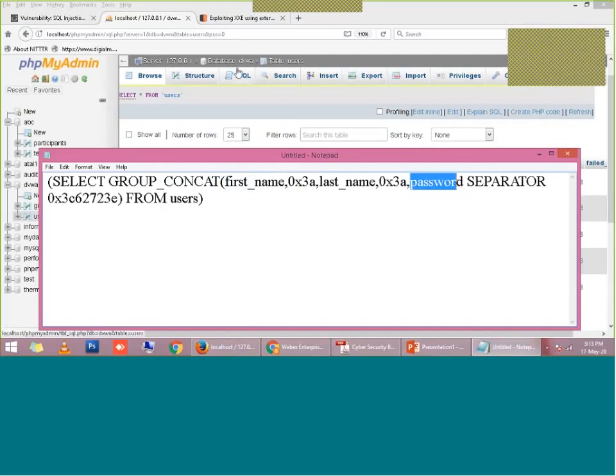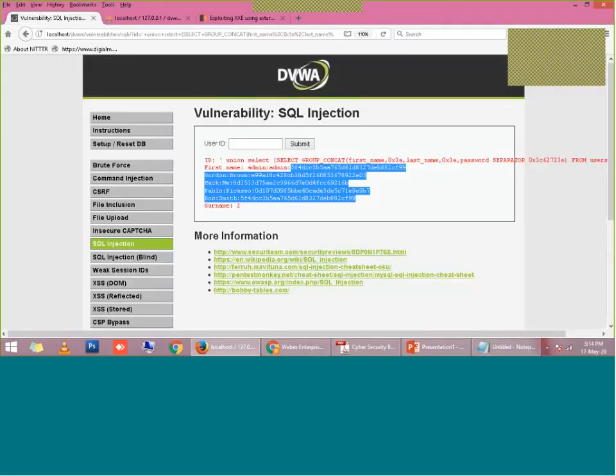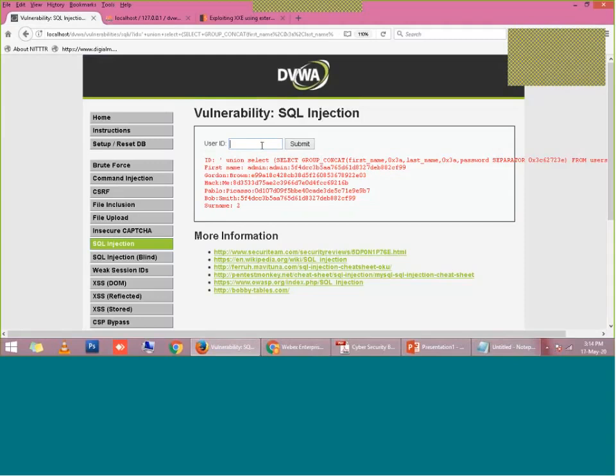After knowing what columns are available in the current table, now I am going to fetch the useful column data. The earlier payload showed me the columns or attributes in the table, and now I know that there is a password column also. So now I am fetching the data in the password, first name and last name columns.